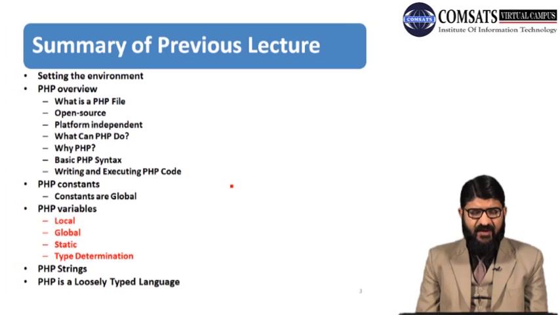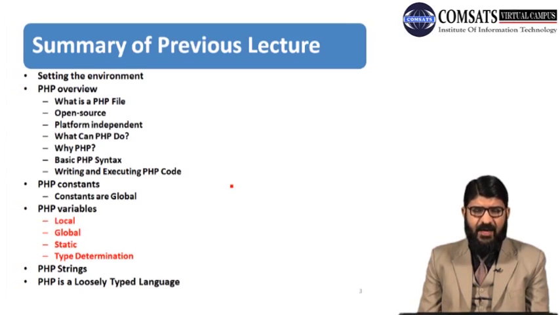After the constants, we have discussed about PHP variables, and variables are basically used to change the values on the fly on runtime. And there are different types of variables like local variable, global variable, and static variable. So we have seen their scope according to the functions and outside the functions. And if we don't want to destroy our local variable and want to reuse it, then we will use the static keyword.